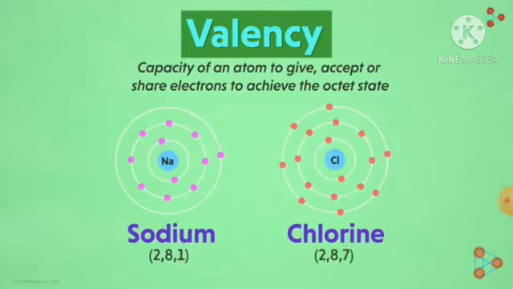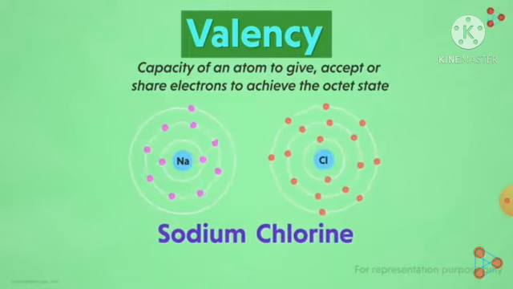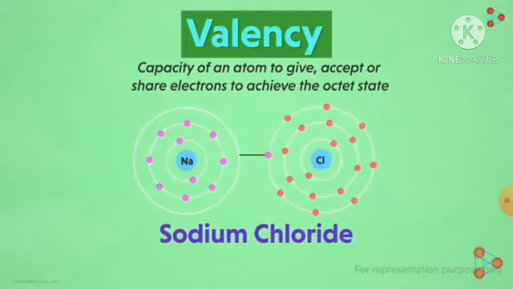Before I tell you what happens, I want you to give it a shot. What do you think will happen? Doesn't this indicate that sodium will donate one and chlorine will accept one electron to complete their respective octet state? Yes, that's absolutely correct. And that is what helps in the formation of sodium chloride molecule. Chlorine needed one electron which it got from sodium, and sodium gave one electron as it was the easiest way to achieve stability. So the valency of both sodium and chlorine is 1.